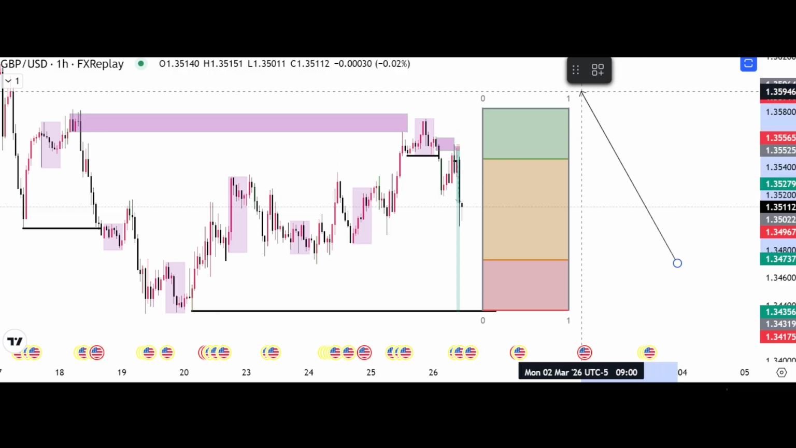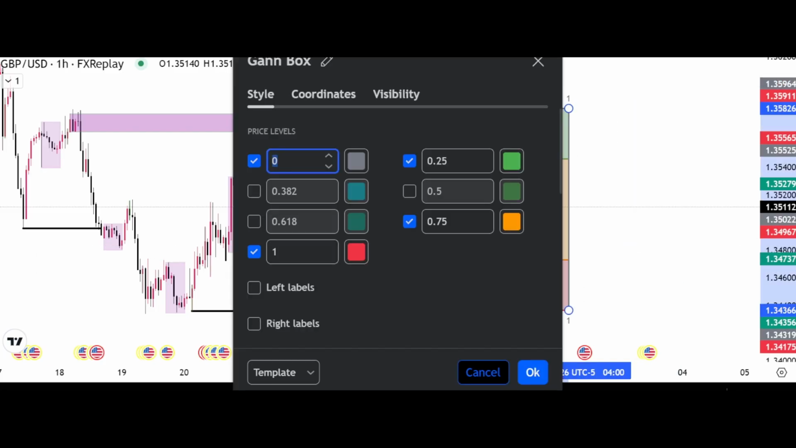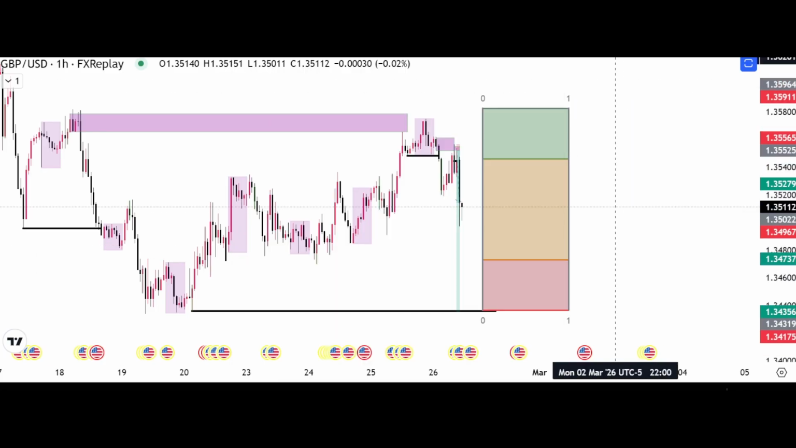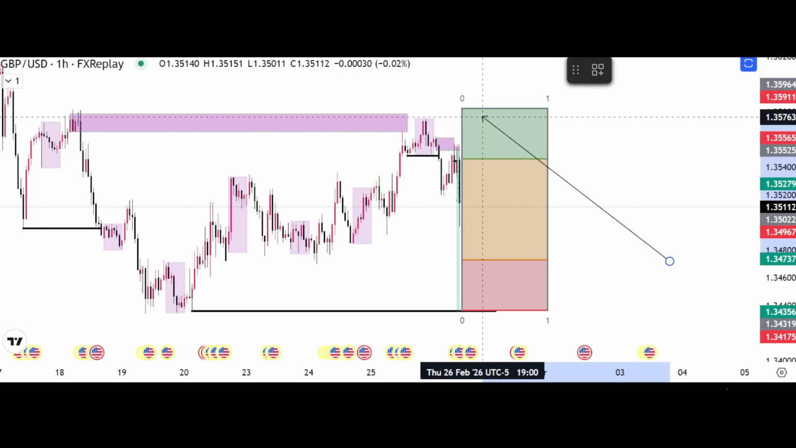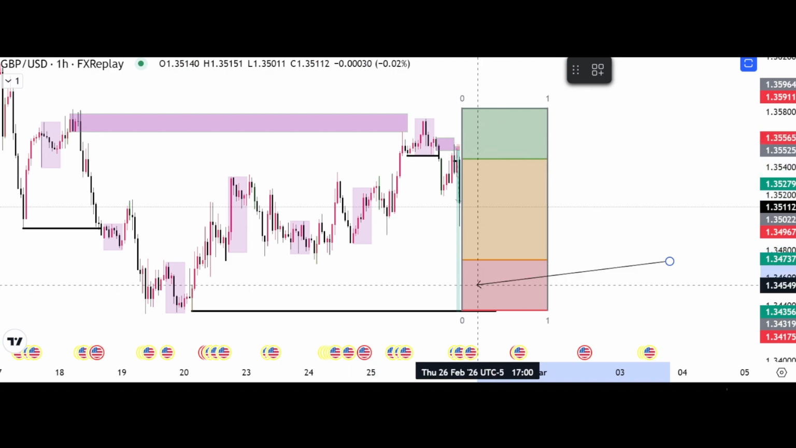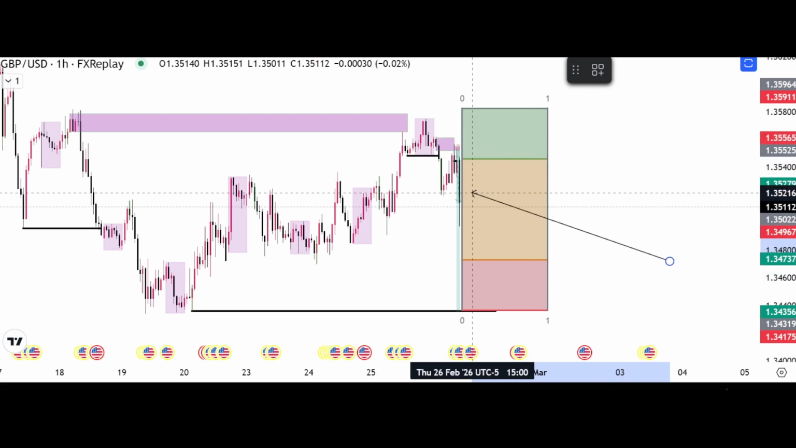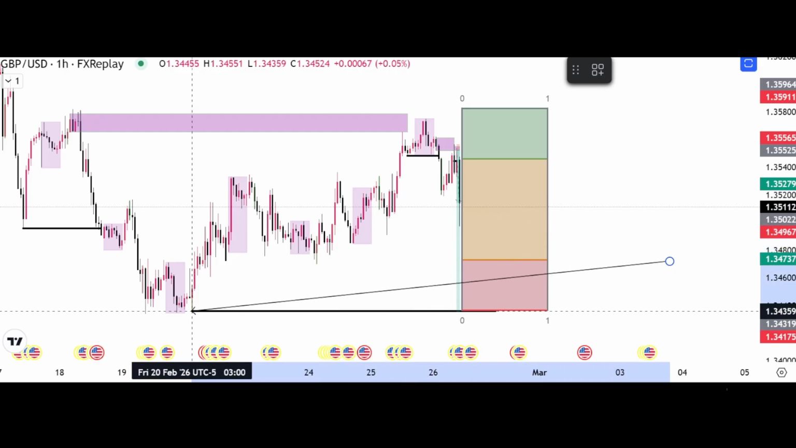As you can see, these lines are simply 0, 25, 75, and 1. Let me show you. These are the settings, as you can see. Anyways, let me explain. If you catch trades from the green box, there is a high chance that you will not be liquidated or, let's say, induced. But when you are taking trades around somewhere around this orange box, be careful holding till the low because